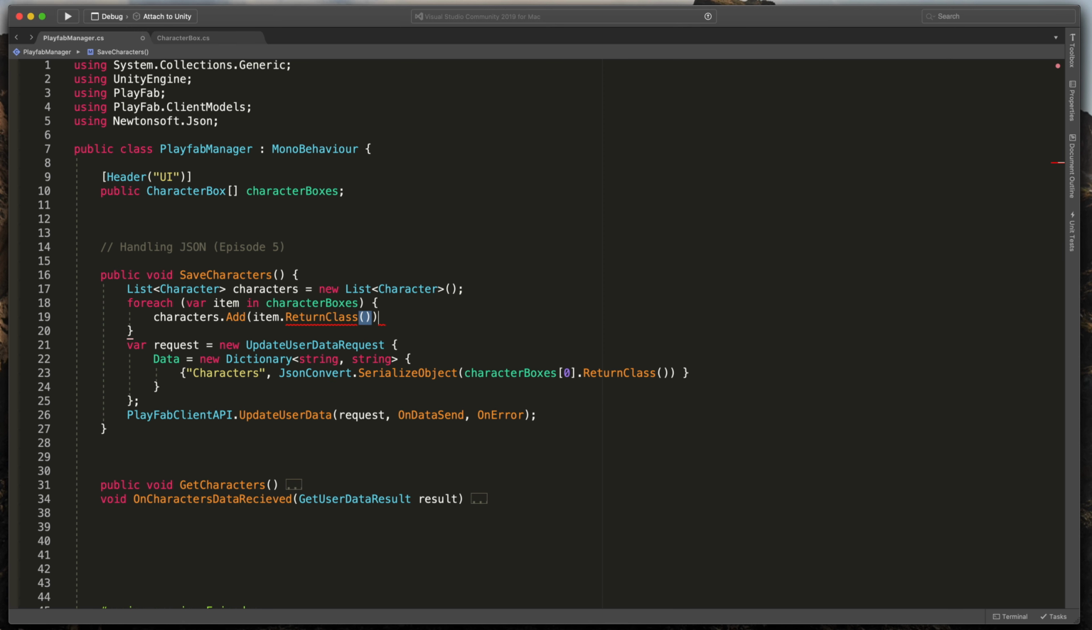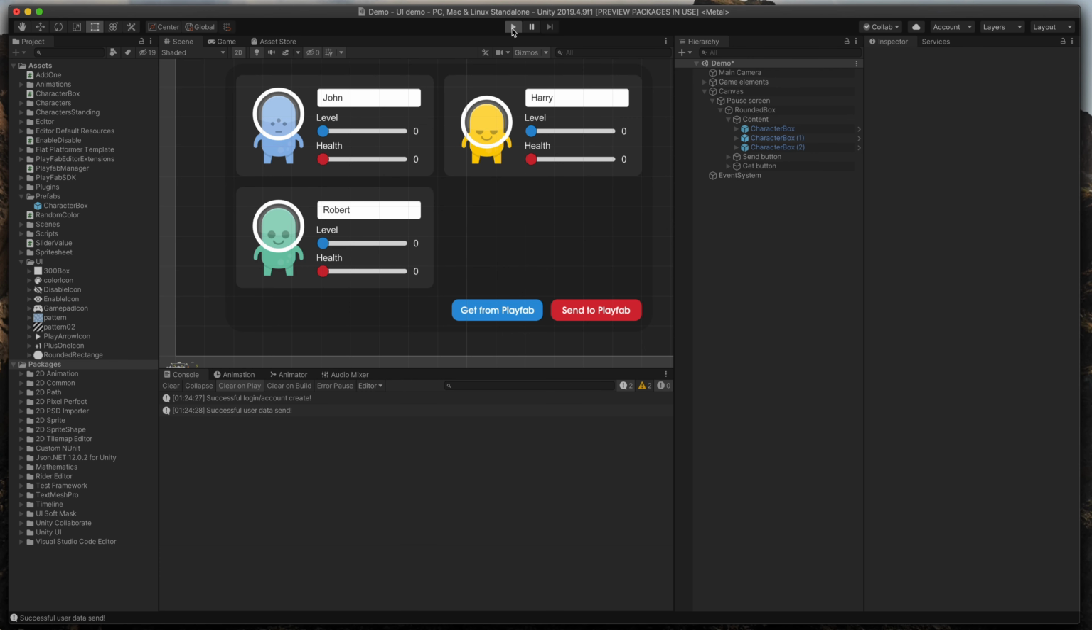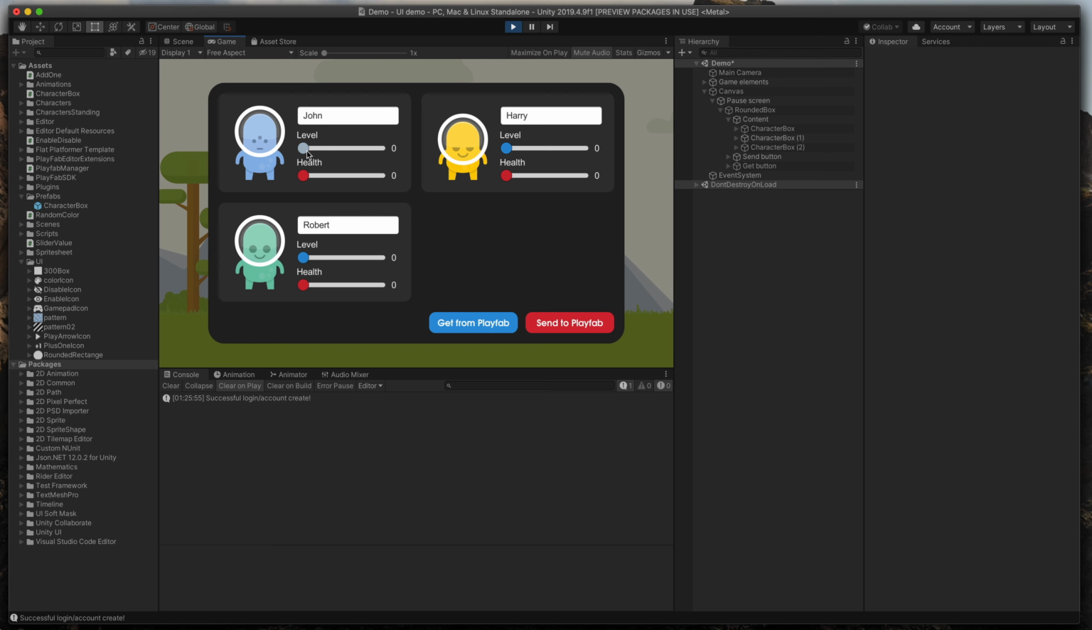That line of code means that our game will go through all the character boxes, return from them the character class, and finally add them to this list. In fact, we should now replace this one character with the character list. Great. Now save our script, go back to Unity, play our game, change some values, and as before, click this